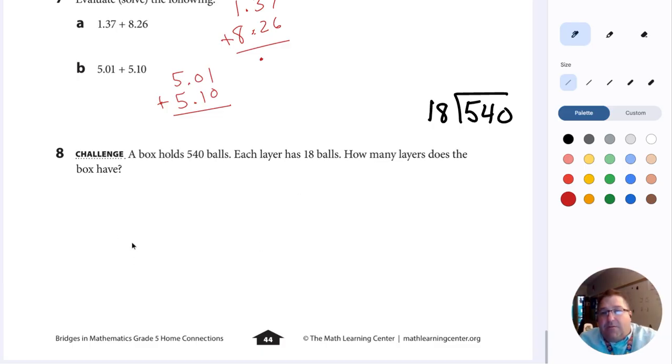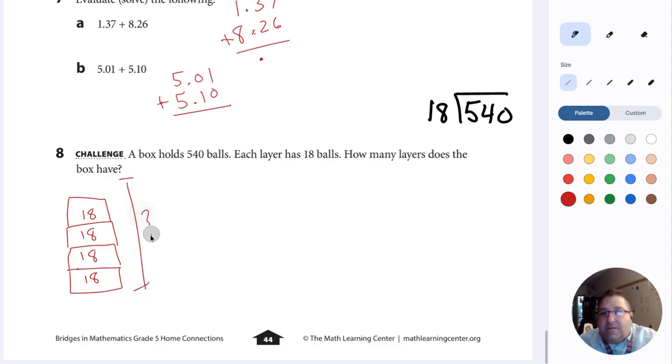We got a box that holds 580 baseballs. Now, each layer has 18 baseballs in it. How many layers does it have? So we're not sure how tall this box is, but we know each layer has 18. We got another 18. We got another 18. How many stacks of 18 do we need to get? We're not sure how tall this box is. But how many 18s will it take us to get to that 540? Good old division. Just start